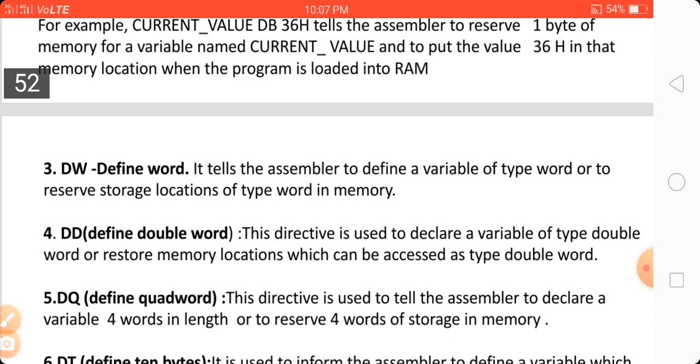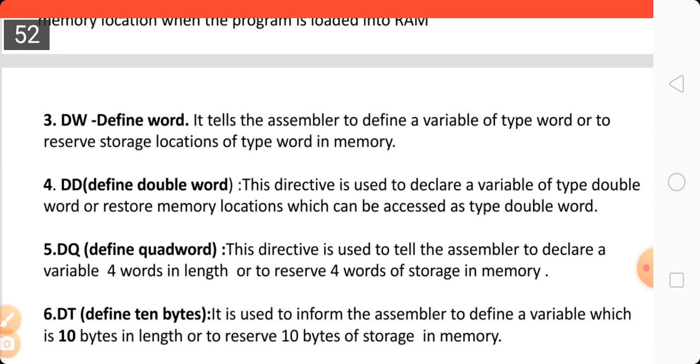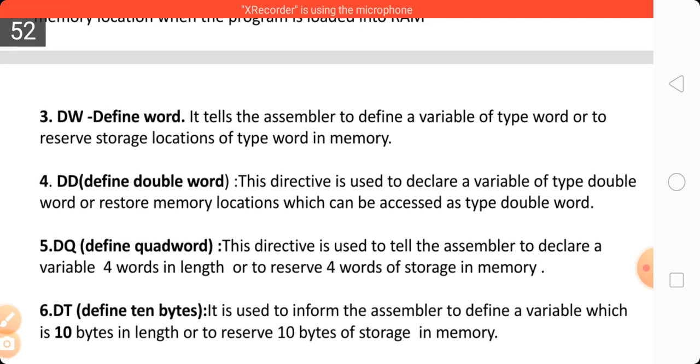Now the fifth directive is DQ, define quad word. Quad means its capacity is four times the DW. This directive is used to tell the assembler to declare a variable four words in length or to reserve four words of storage in memory.